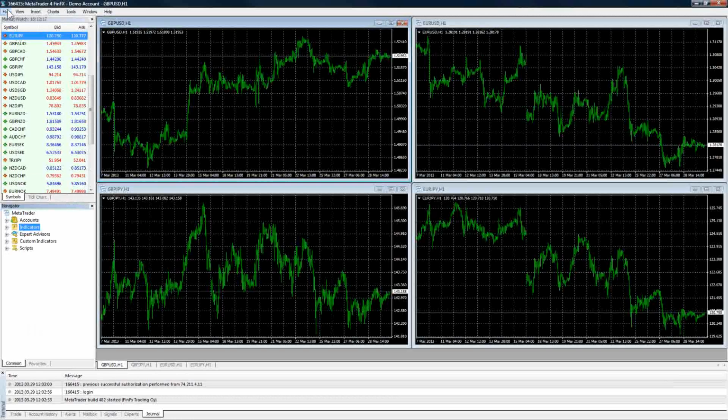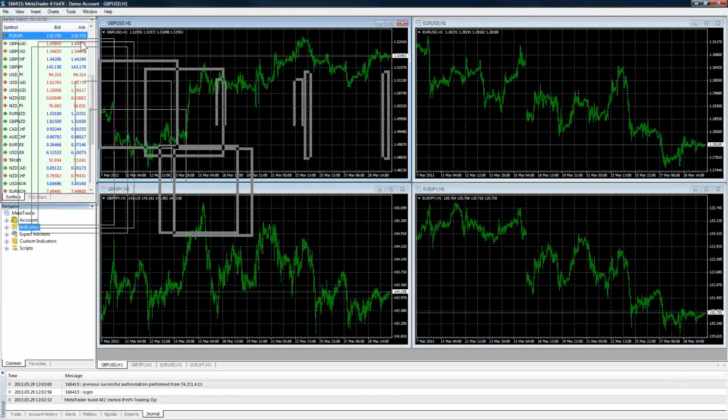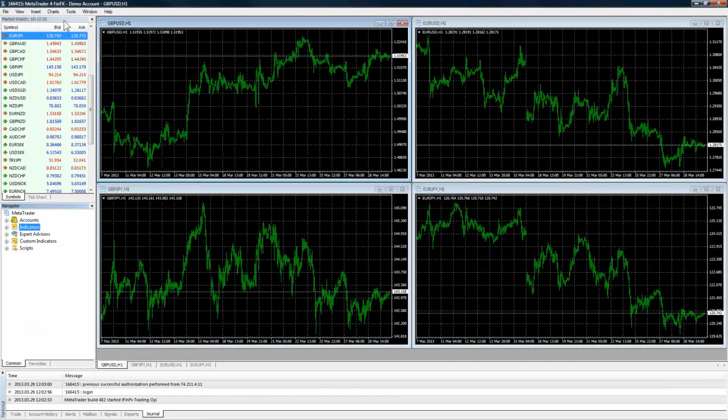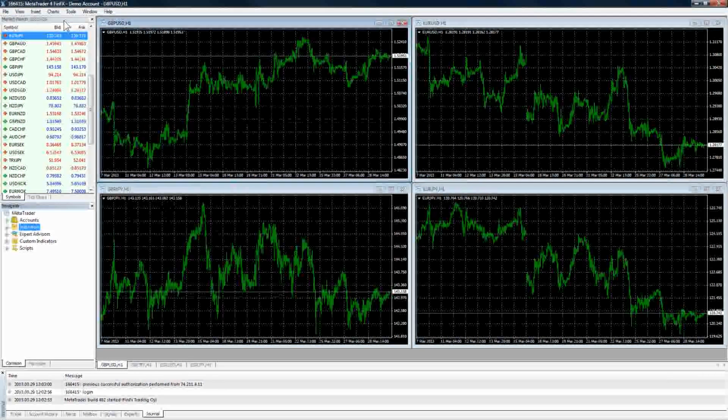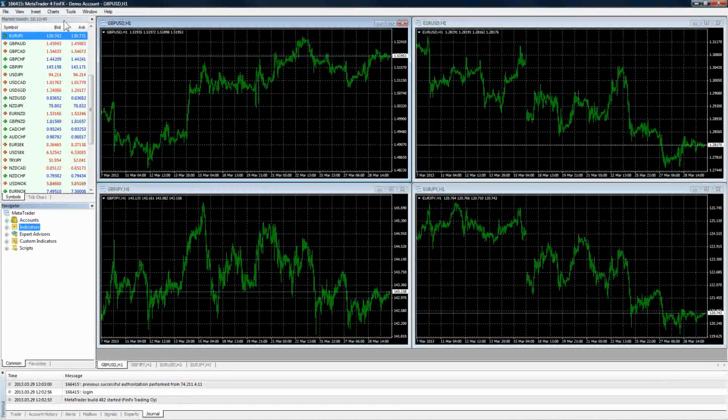So let's go over, just as a brief review, what we talked about last time. We went into everything from the different modules, the different pieces of MetaTrader 4. Of course, this is MetaTrader 4. There is a MetaTrader 5. There was a MetaTrader 3, obviously. MetaTrader 5 will be a different module down the road, and we are seeing some very promising things coming out of it. But once again, as we've mentioned in previous modules, MetaTrader 4 is still the stable and probably still the overall best platform to be trading.